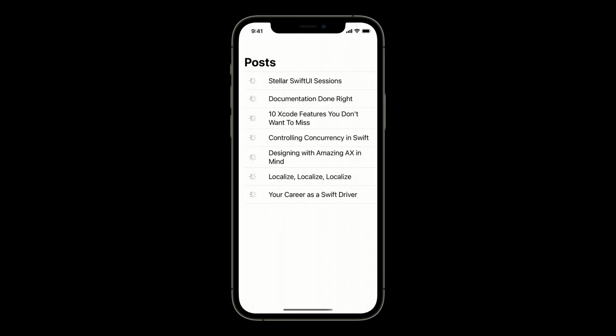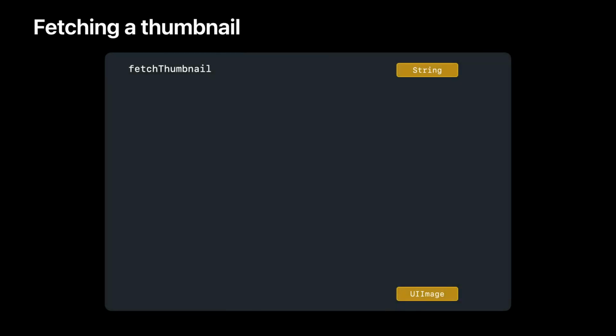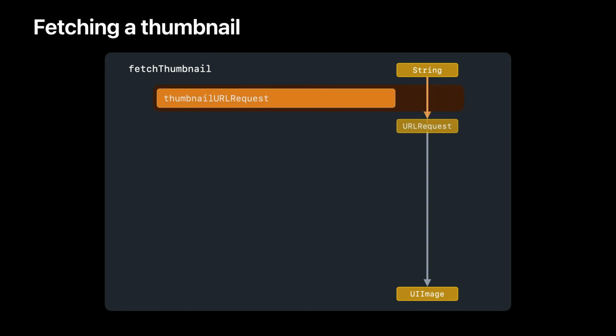To see that difference, let's take a look at an example that may be familiar to many of you. In the app Robert and I are building together, we have a list of items, each row of which displays a thumbnail of an image stored on a server. When it's time to get a thumbnail ready to be displayed in that list, in our view model, the fetchThumbnail method is called. It transforms a string to a UIImage via a series of steps.